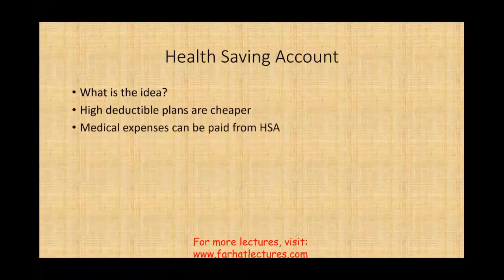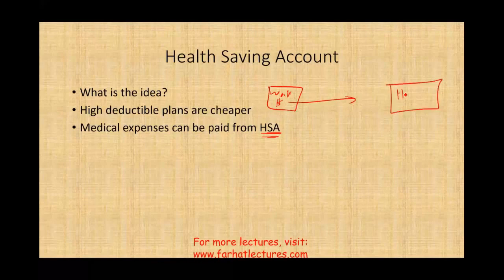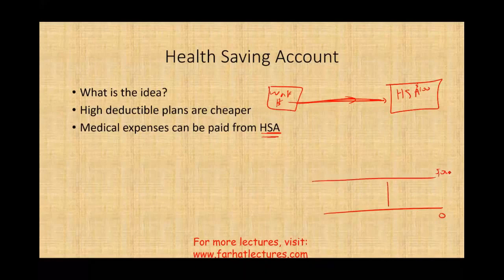If you have a high deductible plan, you will create an HSA account. What you do is this. You get paid from work, and you tell your company, if they have a high deductible plan, I want to create something called an HSA, a Health Savings Account, and I want to transfer from my pay, for example, $100 a month, and put it in that HSA. Now, why am I doing so? You remember, I have to pay the first $5,000 out of pocket. When I'm paying those $5,000, I will pay it from this account.